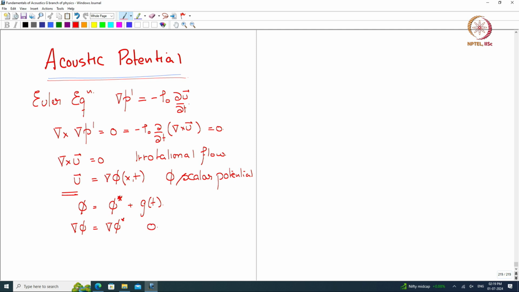So if any temporal quantity is added to this, the gradient of phi is not affected. Now let us see, getting back to the Euler equation, del of P dash is now minus rho 0